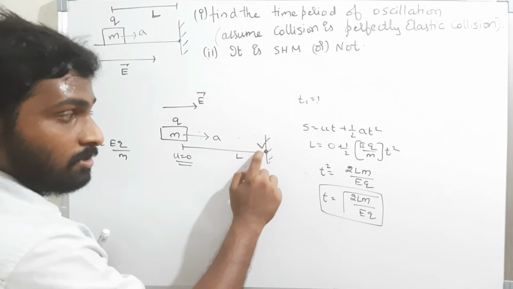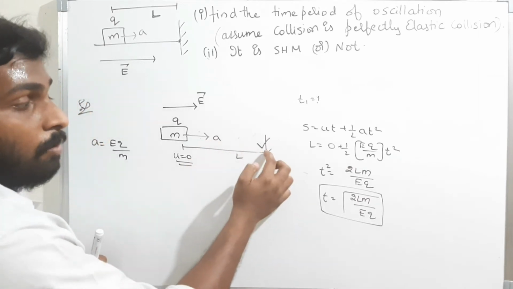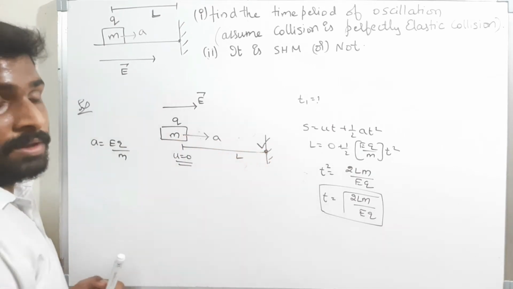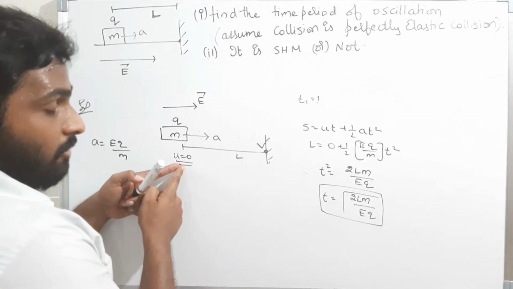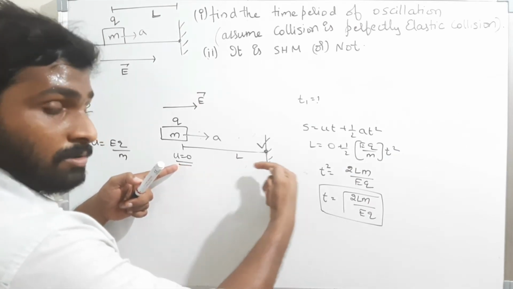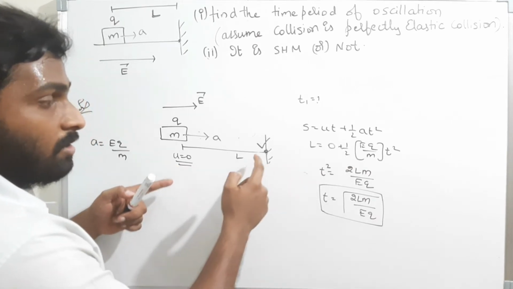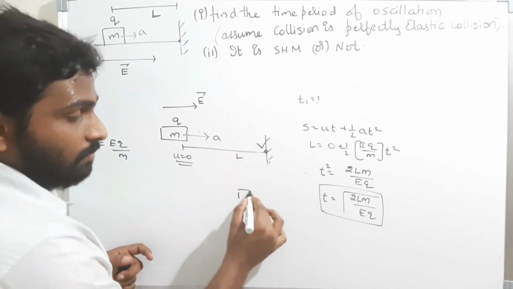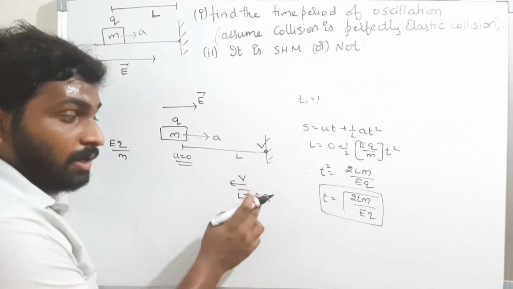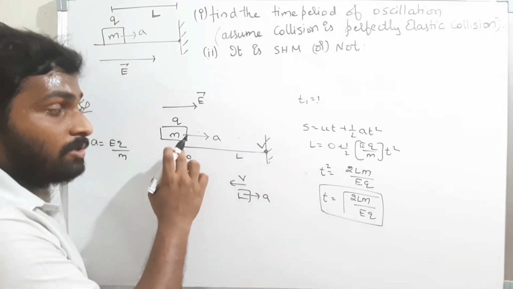Now when the body is bouncing back with the same velocity v and having the same acceleration, the body will come back slowly and here the velocity becomes 0 again. The body starts with the initial velocity and reaches a maximum velocity. Again the body will collide, again the body will rebound and here the velocity is v. Again the velocity gradually decreases, because once the body is moving this side, this is the velocity v, but the acceleration is like this. Both are in opposite directions. Therefore, slowly the velocity will decrease, and finally the velocity will become 0 at this point.